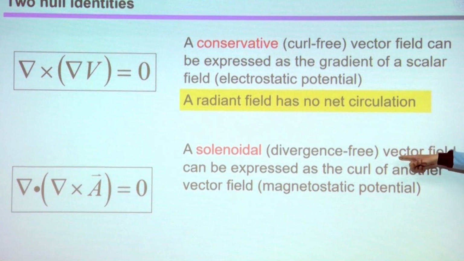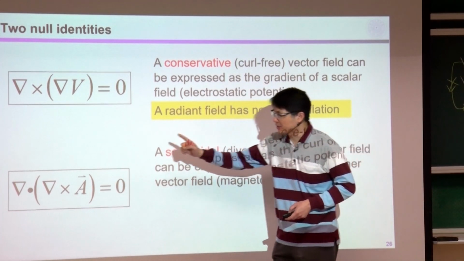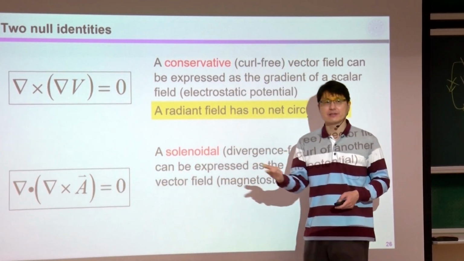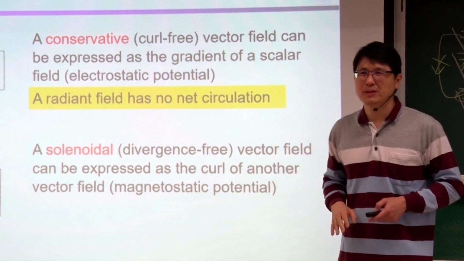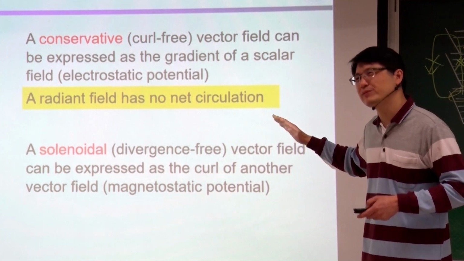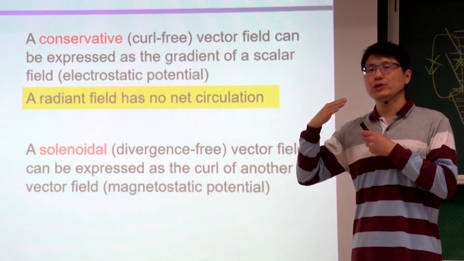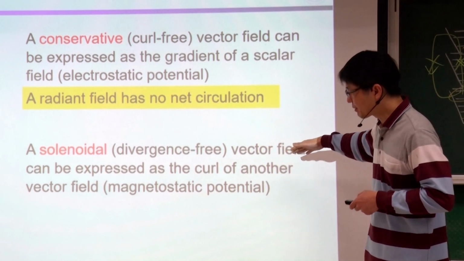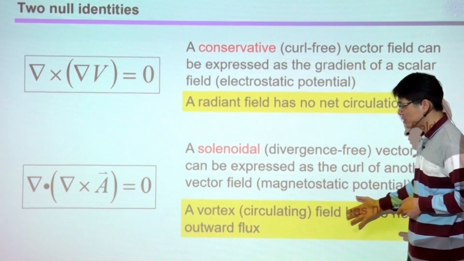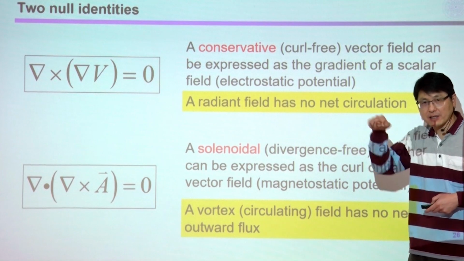So a solenoidal vector field can be expressed as the curl of another vector field. This is 2D. Okay? This is for you to come back and read. So as we move into magnetic field, this will become important. But for now, I just want to tell you a vortex field or a circulating field is like a vortex,